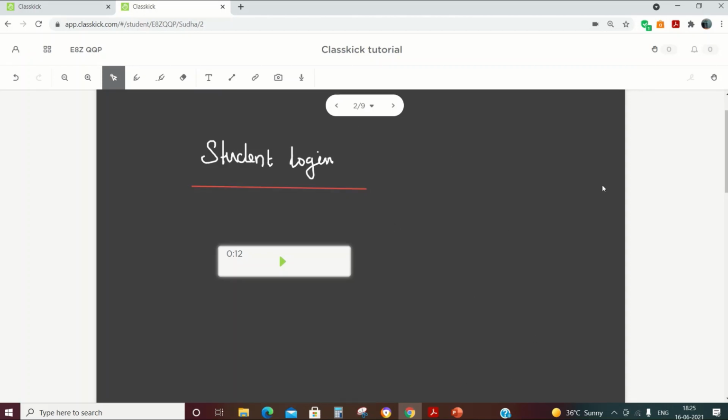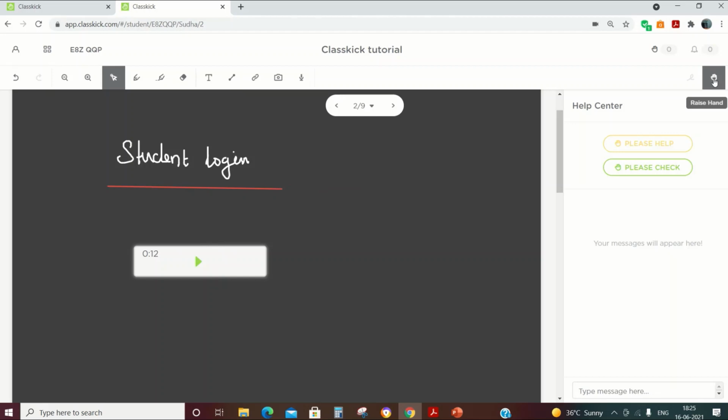Once the student is done with the work, he wants to inform the teacher that he is done, or sometimes he may need some help, so he can use the helpers. Here there is a very wonderful option. The student can raise hand, either because he needs help or to ask the teacher to check. Okay, so once it is done, we can raise the hand. The green hand can be raised, and this yellow hand can be raised if they need help.